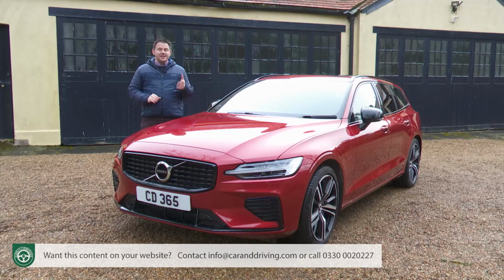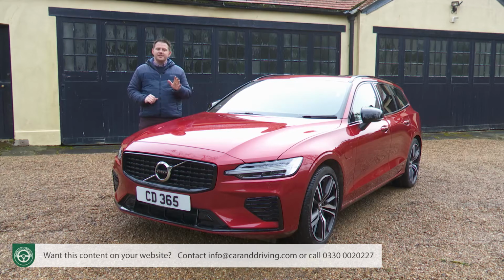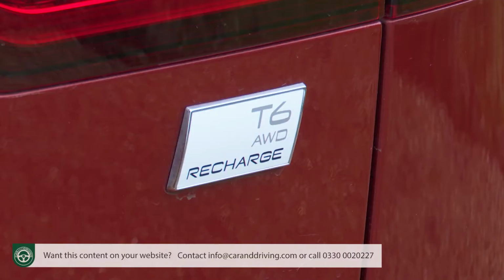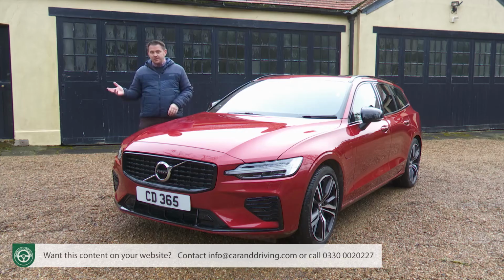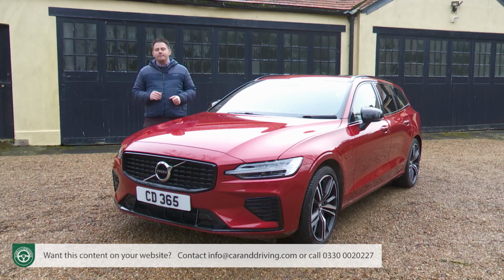You'll have expected there to be a price to pay to add in sophisticated plug-in tech to the V60. But you might not have expected it to take the price of this Volvo right up towards £50,000. But that's the reality here. The 253 horsepower T6 version of this Recharge all-wheel drive model comes in Plus or Ultimate trim, and it costs from around £48,000. That's around £7,000 more than the equivalent front-driven B4 petrol V60,